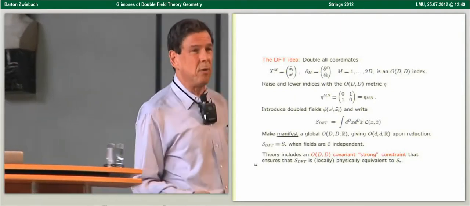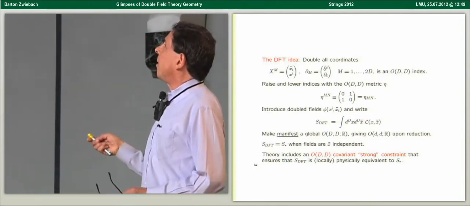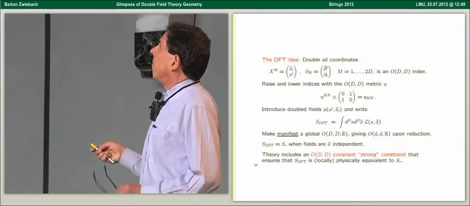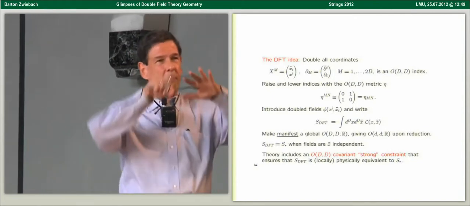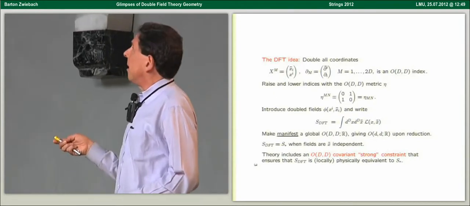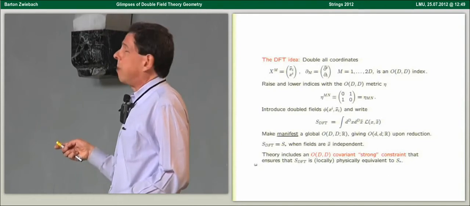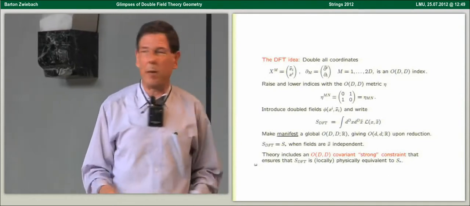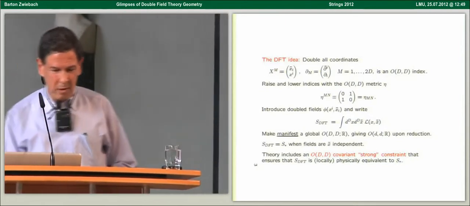In that case, you realize if it's locally equivalent, this double field theory action, in a sense, has truly new information if there are some global issues. But nevertheless, this double field theory action does a remarkable thing of displaying a symmetry you could not display before. So with respect to that strong constraint,